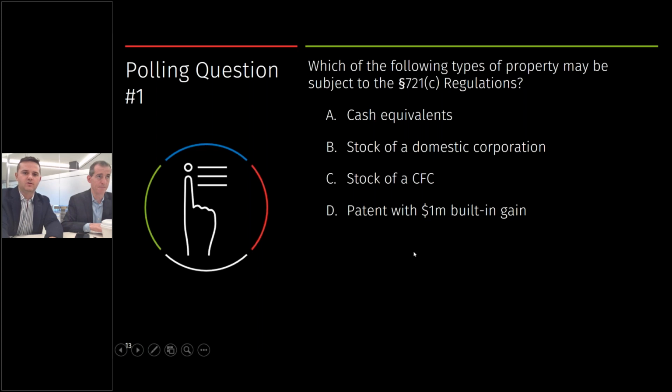Great. So the answer there is going to be that patent with the built-in gain, right? Just because everything else is going to be within the definition of excluded property. But built-in gain IP is definitely squarely within the sights of the 721C reg. If I just mention one thing on 721C, it's when you put in a built-in gain property, and then that property is sold by the partnership, no matter what point in time that's sold, Section 704C is going to allocate that gain back to the contributing partner, and so that's why 721C seemed like it wasn't really necessary until